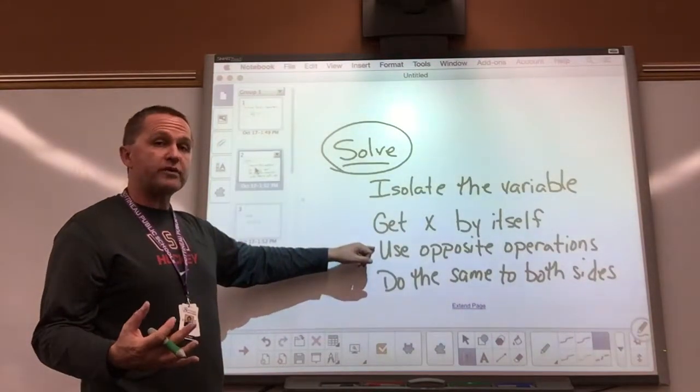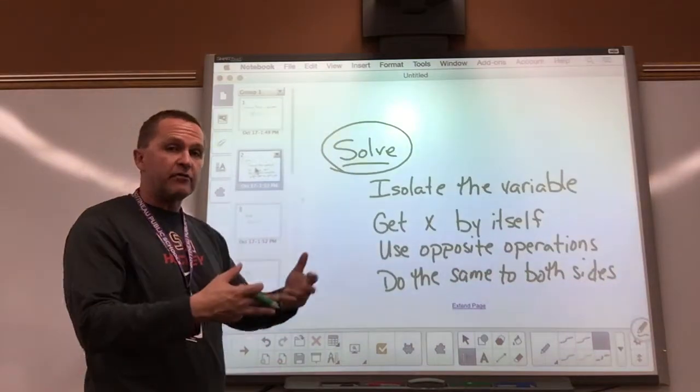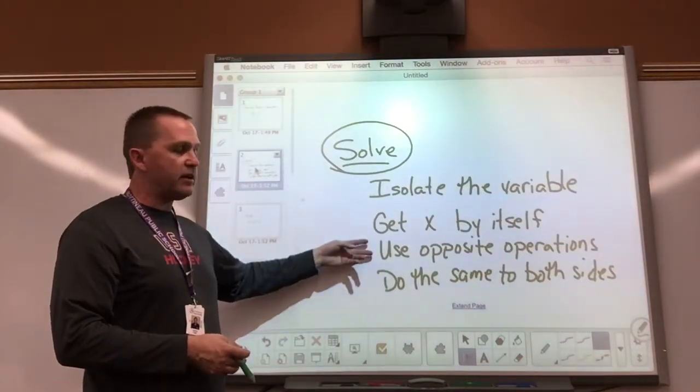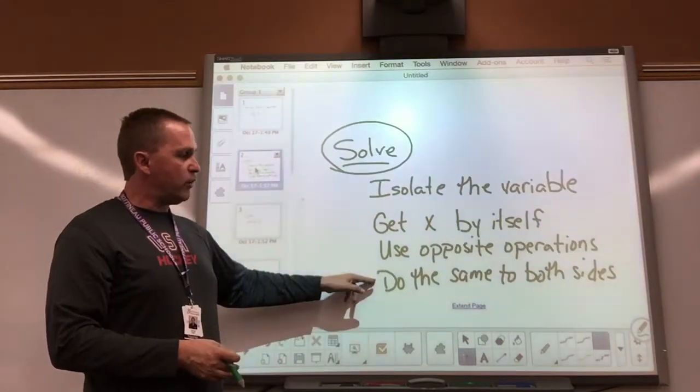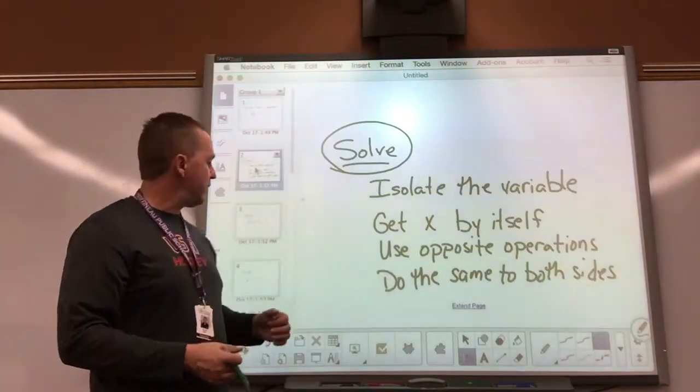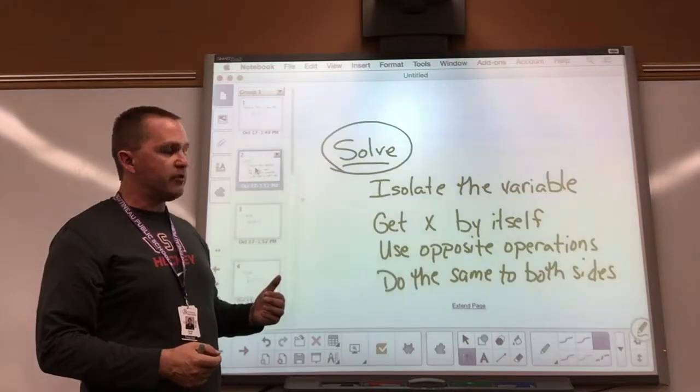I'm going to really focus on using opposite operations or inverse operations. Whatever's being done, I'm going to try to undo that when I'm doing it. And what I do to one side, I'm going to do to both sides. I like students to think of, when you're solving an equation,